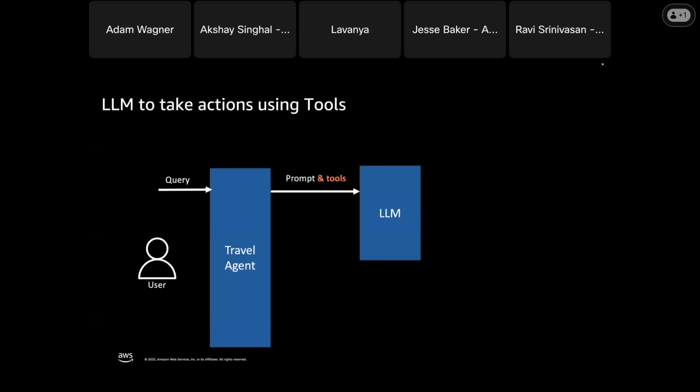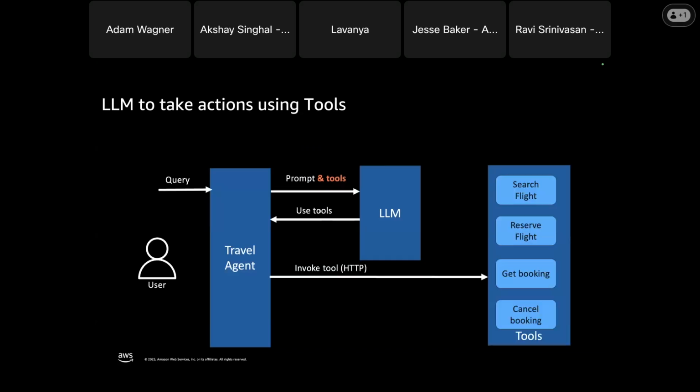And so, we're back here. Instead of calling it a generic AI assistant, we have our travel agent. And when we query our travel agent, we're going to send in the prompt. We're also going to send in a description of tools. And so depending on what the user asks for, we're going to invoke a given tool. And so that's a high level of what we want to build. So now let's talk about the AWS services that we could use for all of these different boxes.